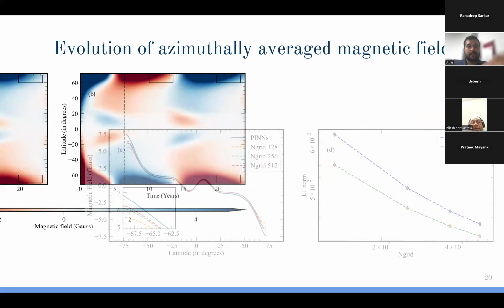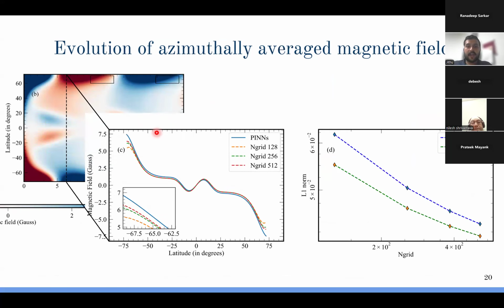If you can see a timestamp, you can see how the solutions change. And also in here we see the same thing. If we check with different resolutions, as the resolution increases, the solution approaches the PINN solution. Also, since there were no analytical solutions available, we did a comparative study with the PINN and the numerical solution. What we found is that the numerical solutions are approaching the PINN solution, which corresponds to the reducing error